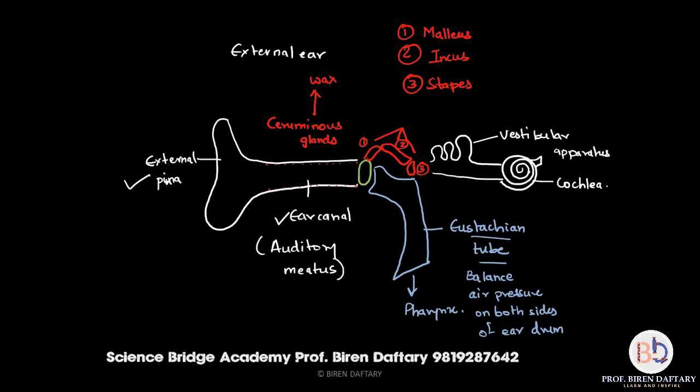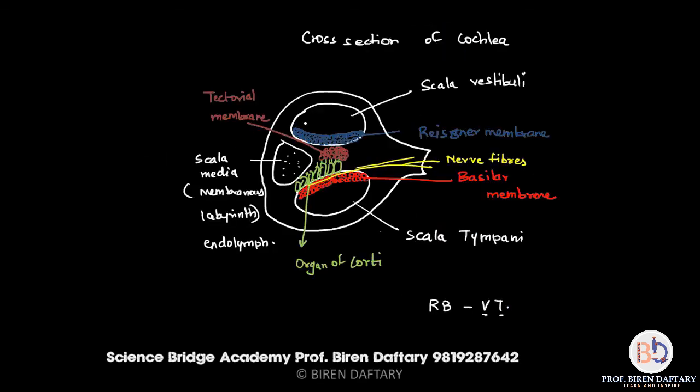The cochlea, internally, is made up of scala vestibuli and scala tympani. Scala vestibuli is formed of Reissner's membrane, and scala tympani is formed of basilar membrane. On top is present the organ of Corti which has cilia. These are made up of columnar cells. On top of the organ of Corti is present the tectorial membrane. Between the 2, scala vestibuli and tympani, is the scala media which is made up of endolymph. These 2 are made up of perilymph. The entire structure is the bony labyrinth and it is made up of membranous labyrinth.